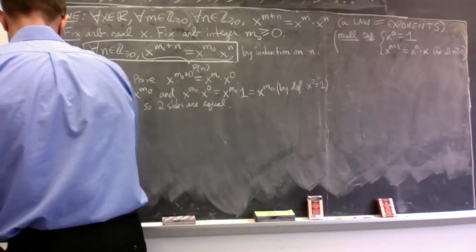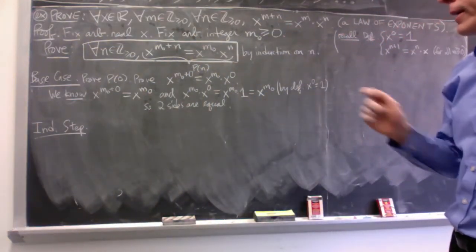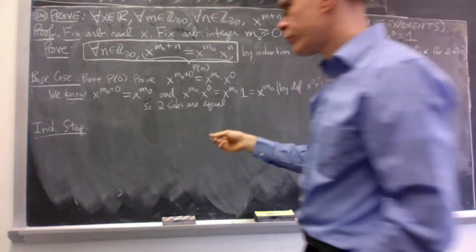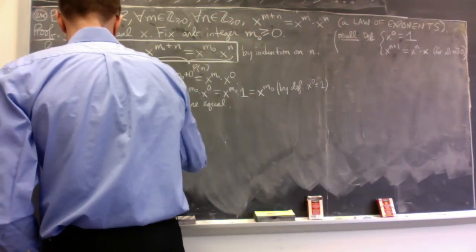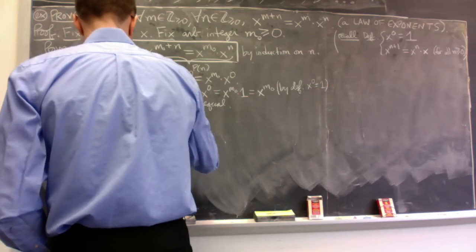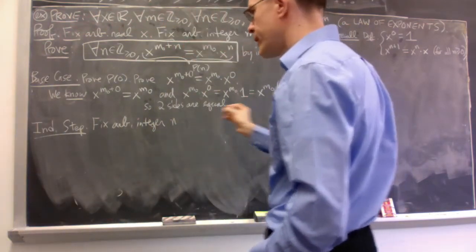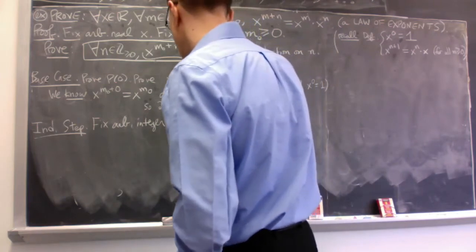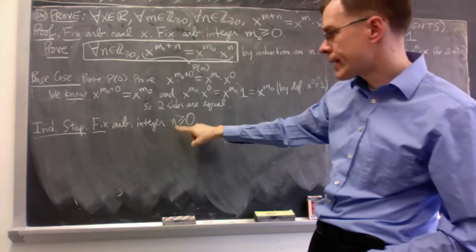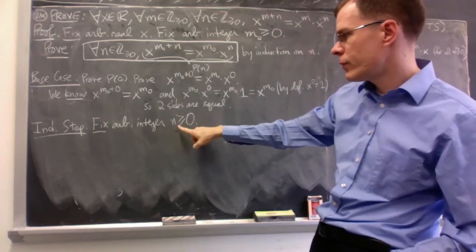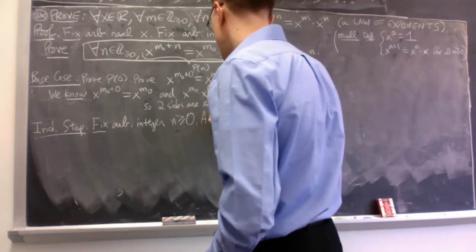Induction step. So starting at 0, so fixing the arbitrary n now, it has to start at 0. So it's greater than or equal to 0. Fix arbitrary integer. Yeah, the subscript would be too irritating, so I'll just call this one n. But it's important to realize it is, from now on, a constant, a particular choice of the integer n. Okay? And assume